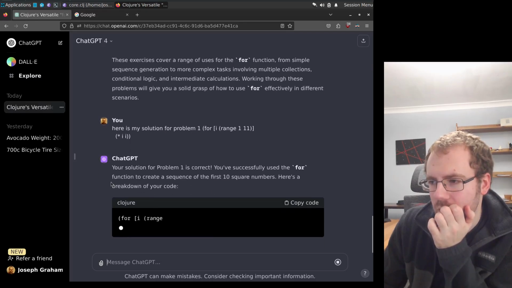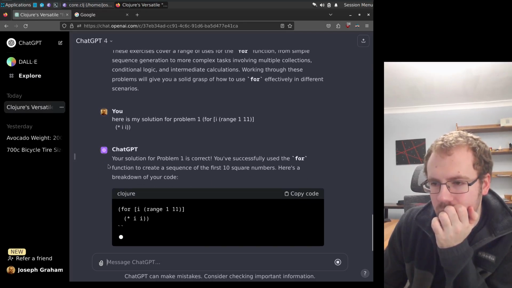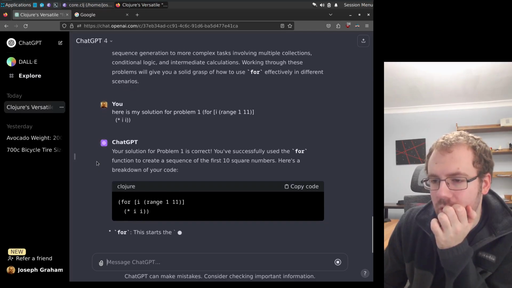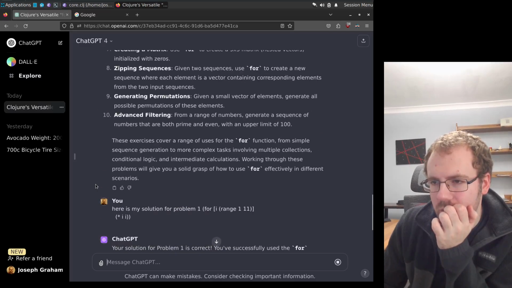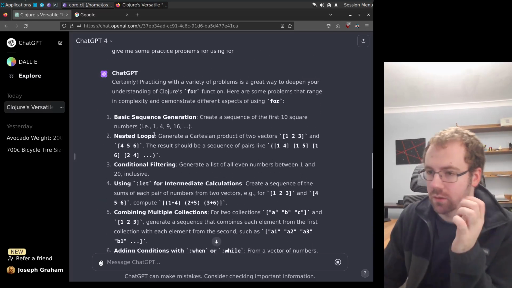Do I get a reward? Here's a breakdown of your code. Yes, I know how it works. I just wrote it myself. Okay, anyway, so the second problem is